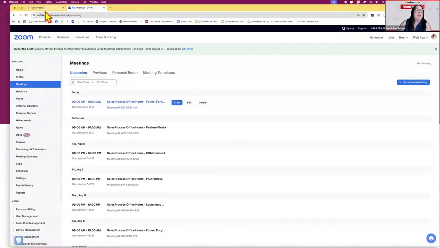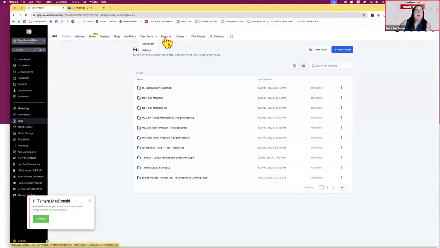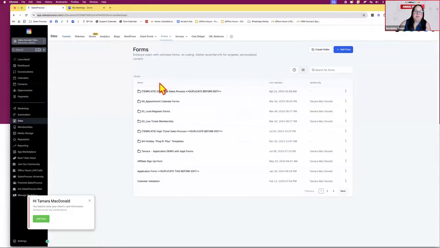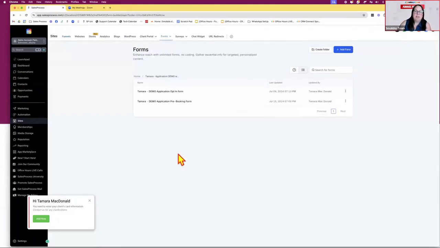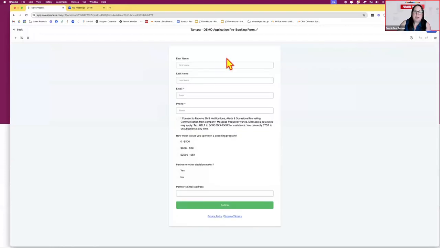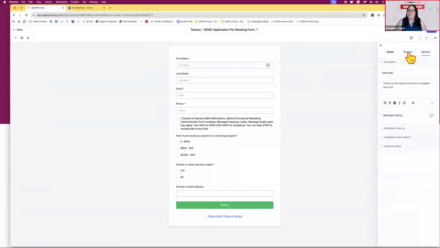So if I go in here, if I go to sites and I go to forms, I can make my form look like a landing page, right? So if I just go in here and use one of these forms, I have my form here, it's built. And then, you can add pictures to it, you can change the background, all within the styling options here.